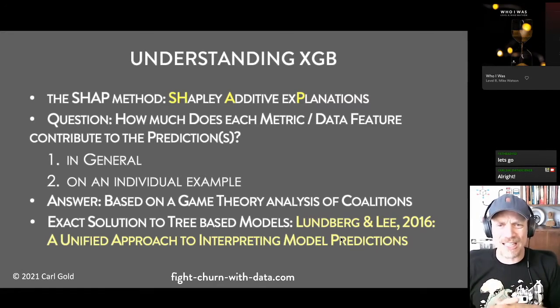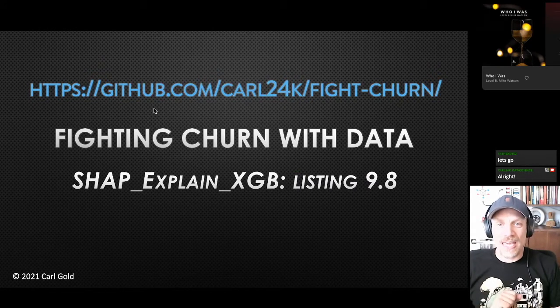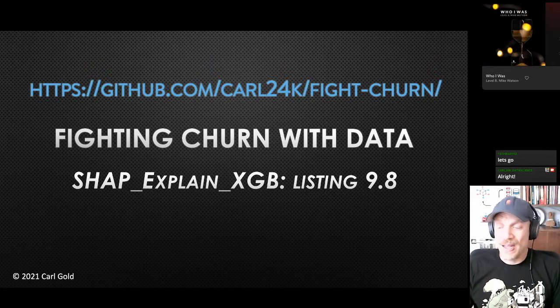Now, what do these explanations look like? I think we should look at an example, and this will be another new listing. It's actually in the master branch. I added this to the master branch of my repo last week because I thought this was so good. Everyone who uses XGBoost should start using this. So let's look at an example of the SHAP explanation of the XGBoost algorithm that we have produced.